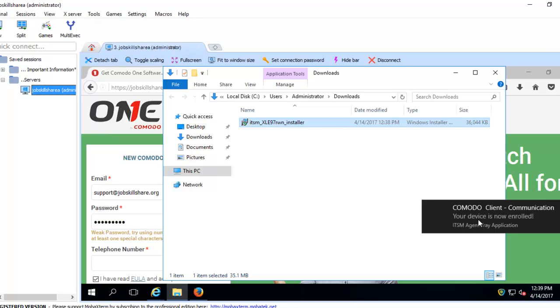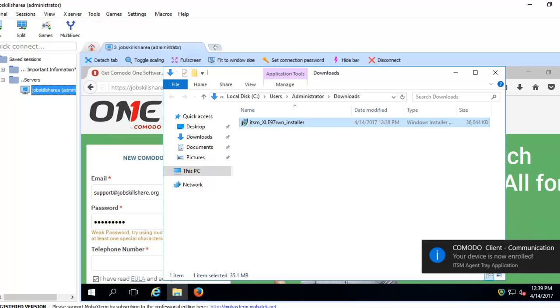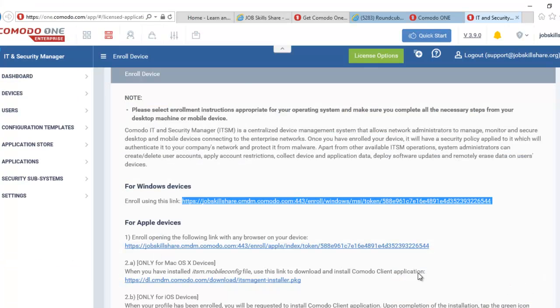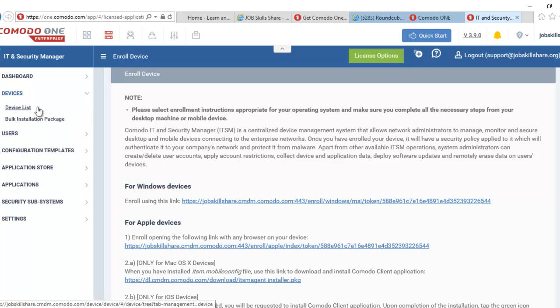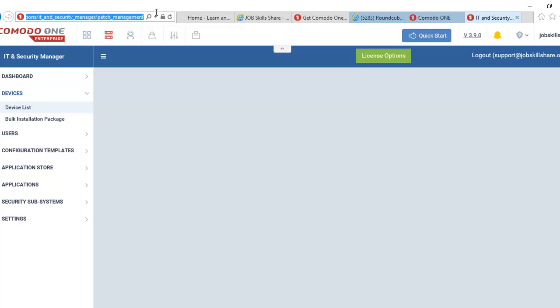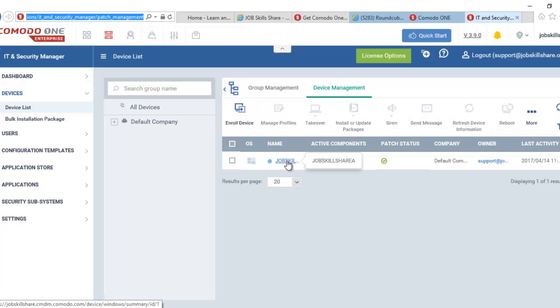Right here, your device is now enrolled. If I go back to my Comodo now and go to the devices list, it's very quick. Sometimes if you're brand new to Comodo, you might see a little lag in there, but look at this. Job Skill Share A is already in there, and what component is it using? Agent. I can add more components in there by using their profile, which is another very powerful feature,